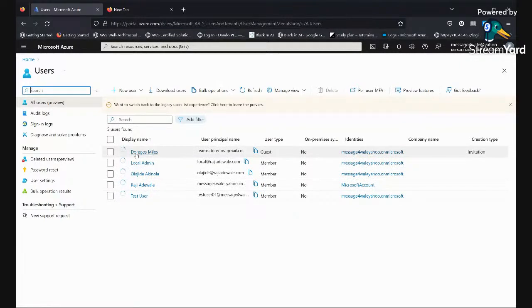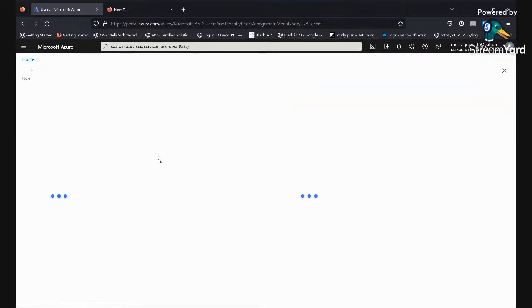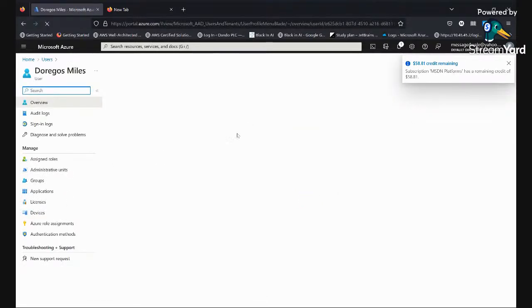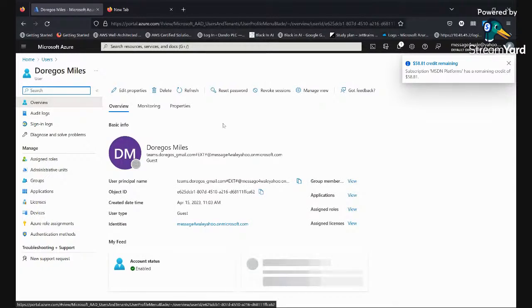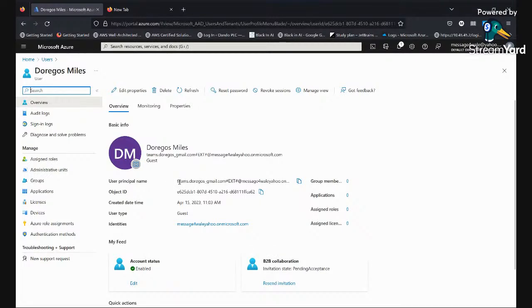Okay, so I have the Rego Miles here, and this is showing up as a guest user. And how was this created? I sent an invitation. So once the user accepts that invitation, then this becomes an account the user could use to access resources. And it's good to note the way the user principal name for